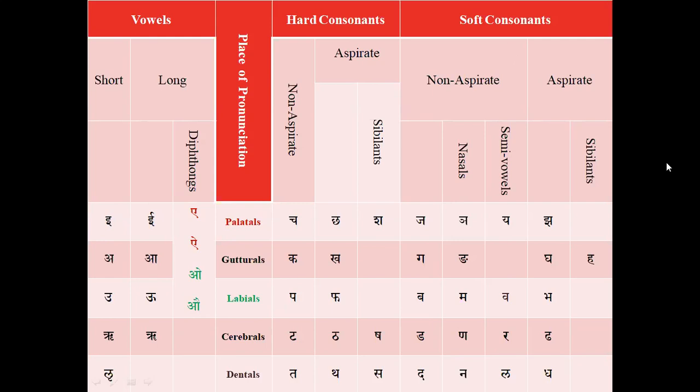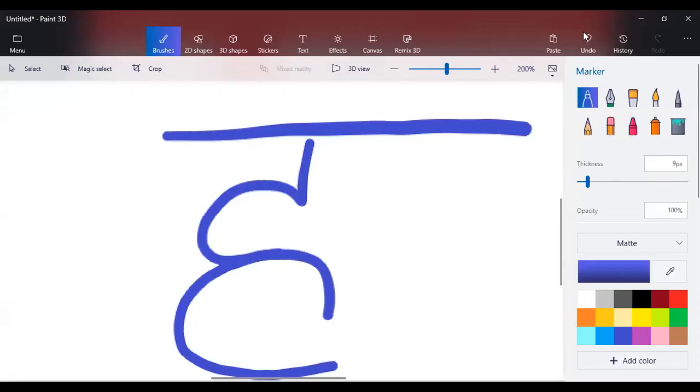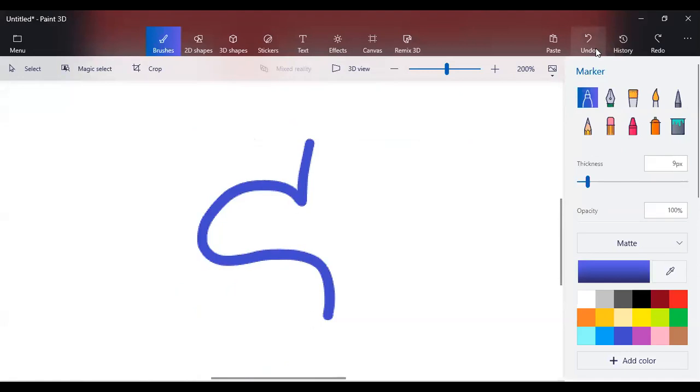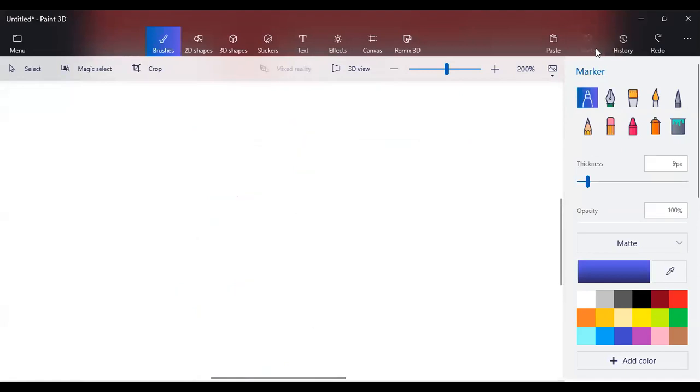It means the vowel a is added to it. If you remove the vowel a from these consonants, you know how it will look. That I will show in the paint screen itself. If you remove the vowel part from the consonant, when the consonant can be uttered,